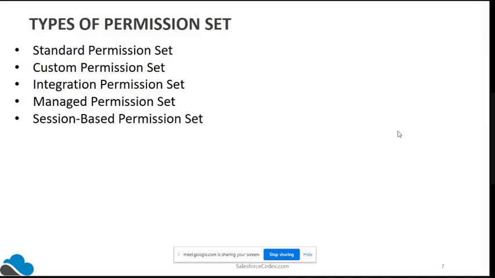When you install the package, you get them along with it. These managed permission sets have their own namespace. The other type is the session-based permission set, which we use very rarely, where you have a lot of security concern.